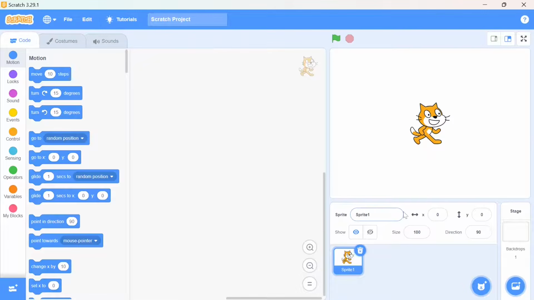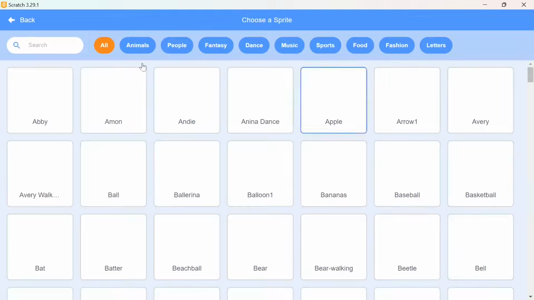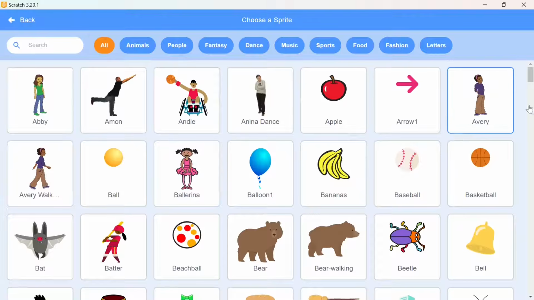Whenever we start to make any game, first of all, we need to prepare our screen. We need to select our backdrop and all the sprites. Here I want some fruits, a bowl and the red line, and I also need to change my backdrop. I'll delete this sprite and choose my sprite where I want some fruits. So I'll go to the food.